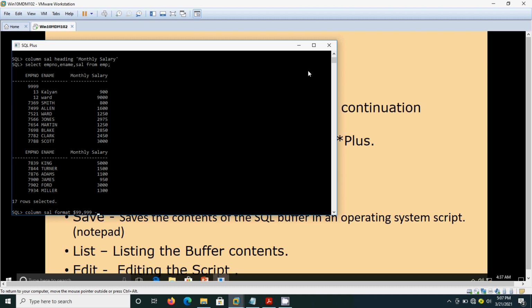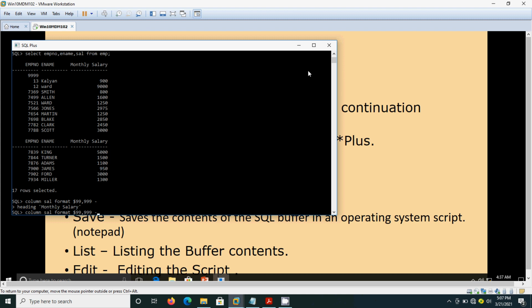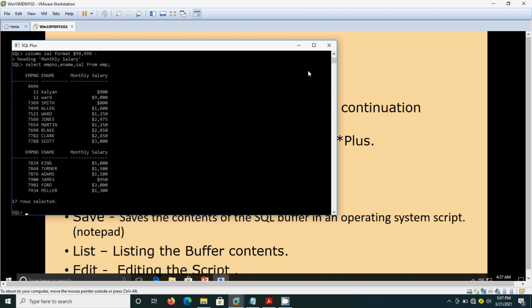I am going to continue in the second line. Now I am executing the query.